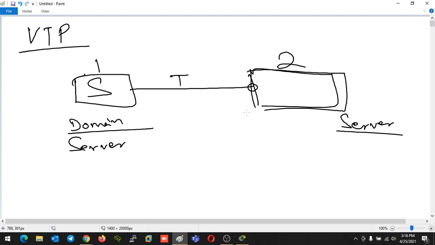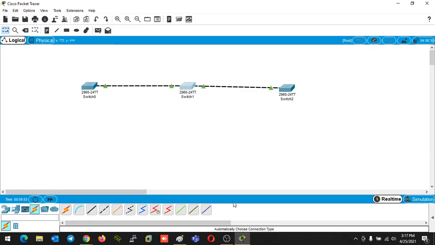Simply put, if a device is not configured with any domain name, the domain name is null. In that case, if it receives any BTP message, whether it's a server switch or a client switch, the first time it will inherit the domain name, or directly configure itself with the domain name from the BTP message. At that moment it will not configure the VLAN things, but the next time it receives the message, it is already configured with the same domain name, so it will accept the message and implement everything, like the VLAN database, from the BTP message. The same thing also happened in our scenario.